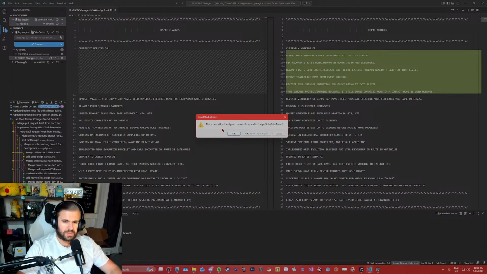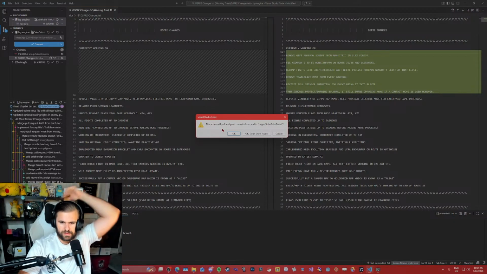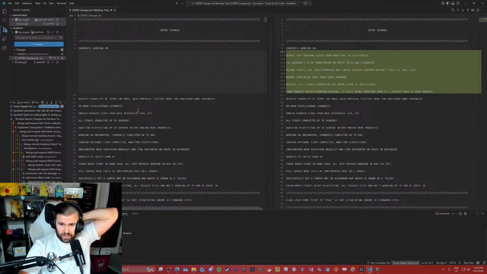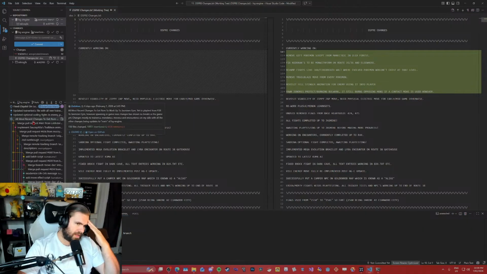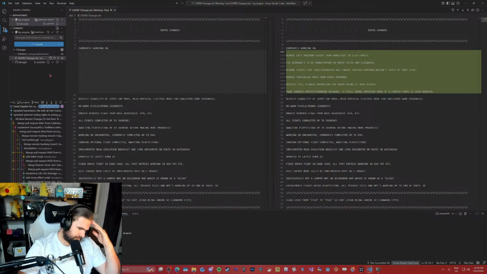This action will pull and push commits from and to. Okay, hold on. No, that's not what I want. I just want to pull the changes that I made in my other branch.